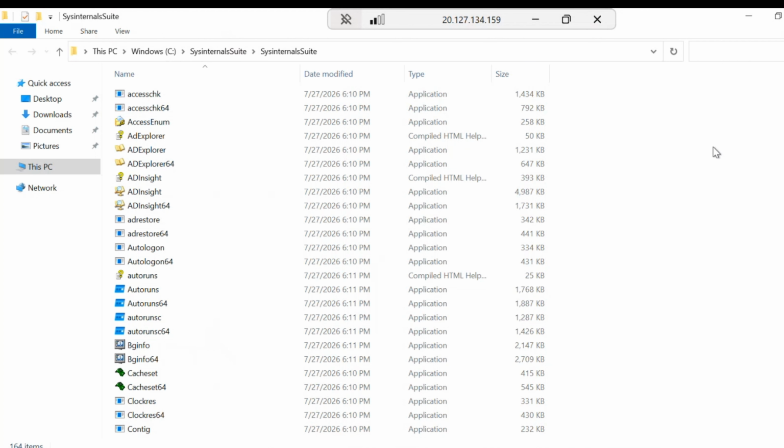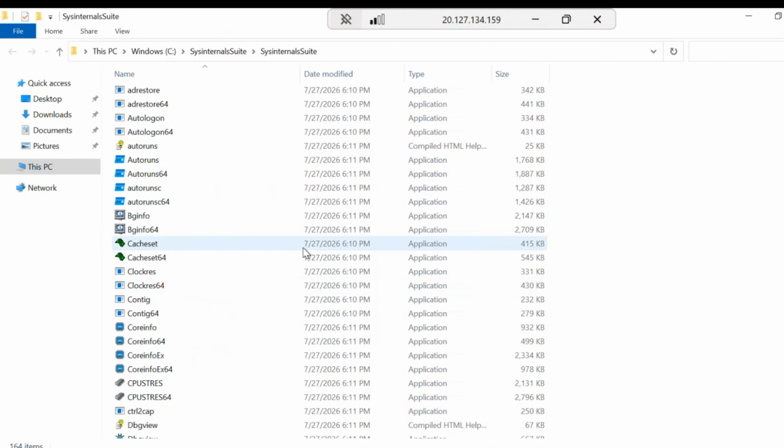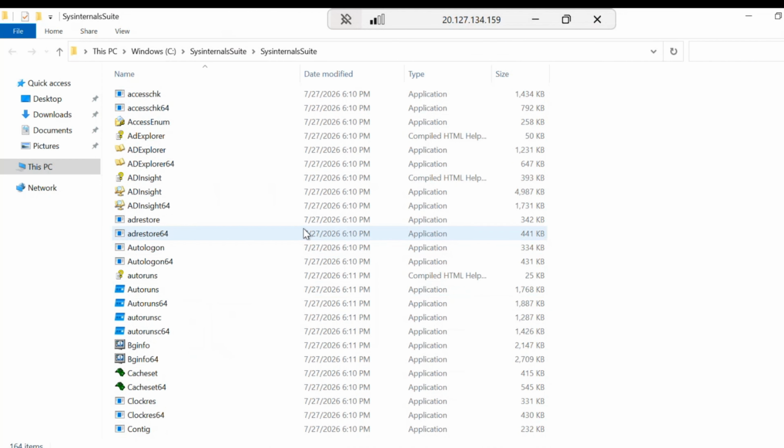Open the extracted folder and we can see all the Sysinternals utilities here. Each executable is designed to perform a specific administrative or troubleshooting task. Over the upcoming sessions, we'll explore every important tool individually.